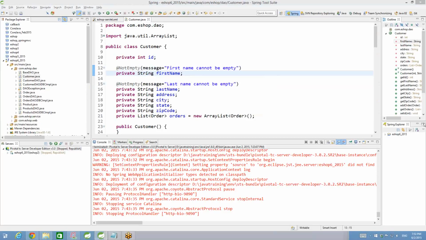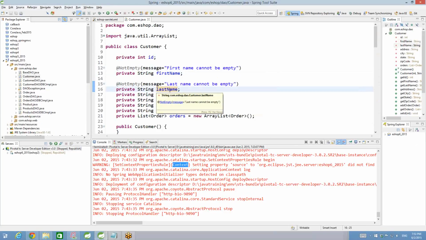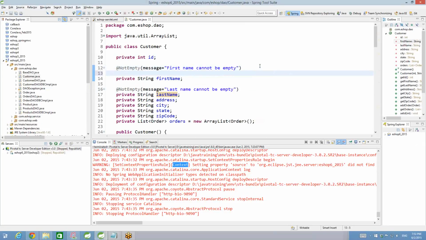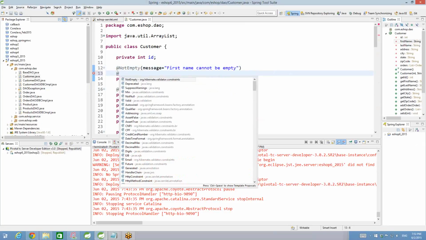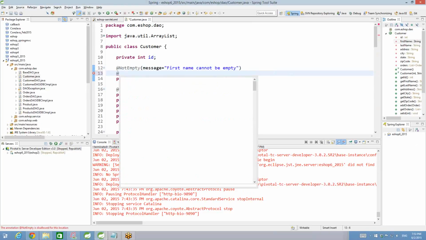What is the difference between Java Bean validation and Hibernate validation? Java Bean validation is an API. Hibernate validator is the implementation of the same API. One line answer, simple. When you put @NotNull here, or let's say that first name should be